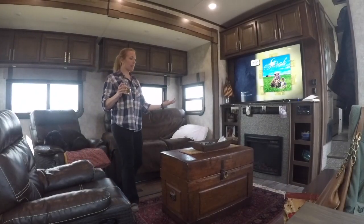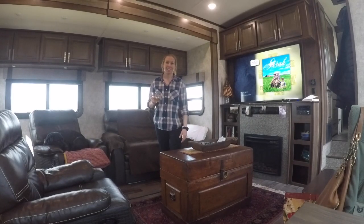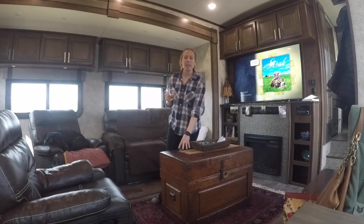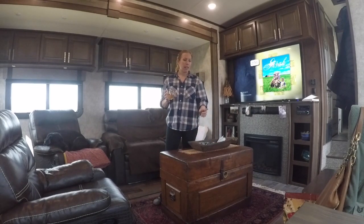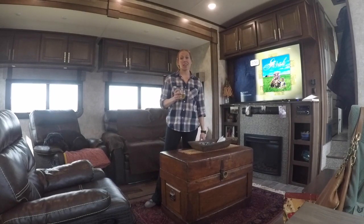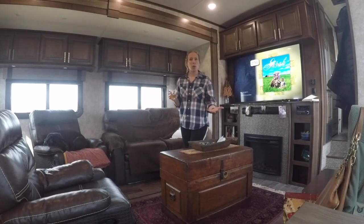Alright, so here's my living room. My trunk that I brought from home that, again, my dad gave me crap for, and didn't want to help me carry in, has all the extra blankets in there. I normally keep Josie's dog food in there too, but it's actually sitting on the floor right there. But I have 2 recliners, a love seat that does pull out, my TV,